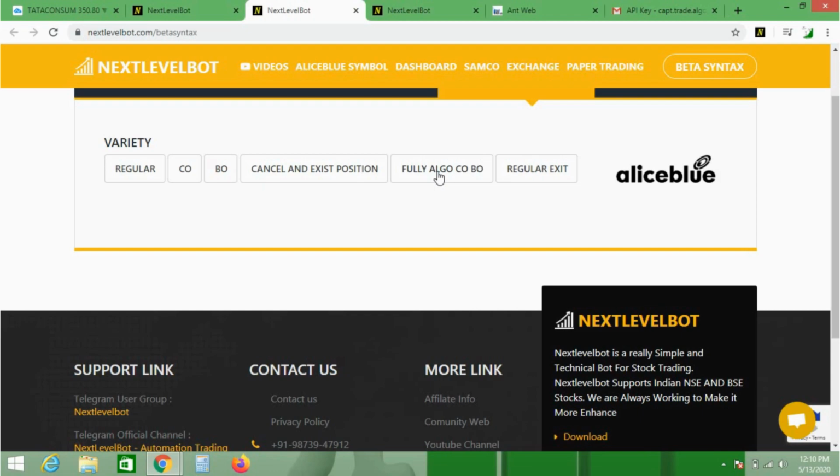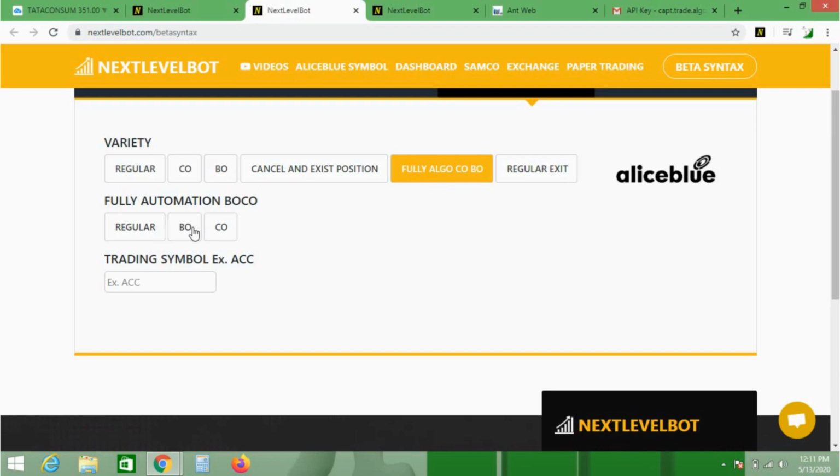Okay, so how it works is, suppose I put my code on buy and sell. The first trigger is buy, it buys, and when the sell triggers, it cancels my buy and takes a short of another 10. Okay, so that is the difference between full algo and BO. So I prefer full algo and we'll go for buy order.